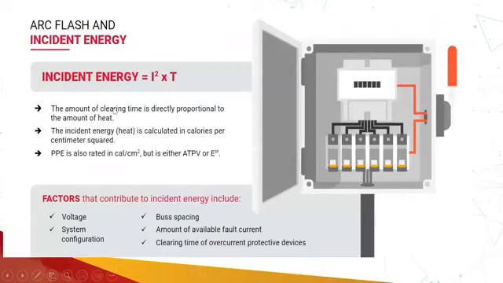So incident energy is dependent on many factors. It is dependent on voltage. It is dependent on the system configuration. It is dependent on the bus bar spacing. It is dependent on the amount of available fault current and the clearing time of those protective devices. So how quickly the protective device is going to clear those faults. Most of the things are not under our control for an already built network. For example, if I have now been appointed as an HSSE manager or the engineer for a particular site, for that particular site,